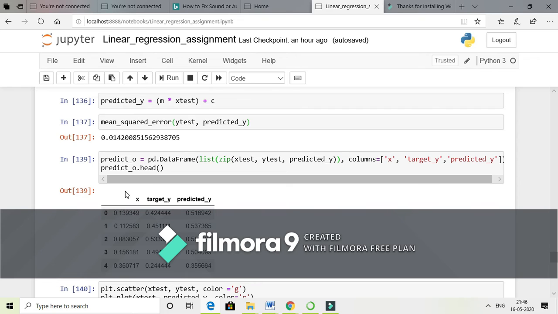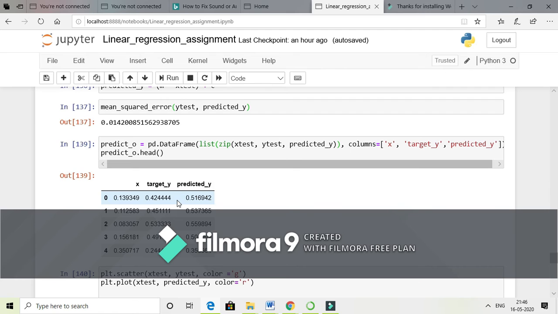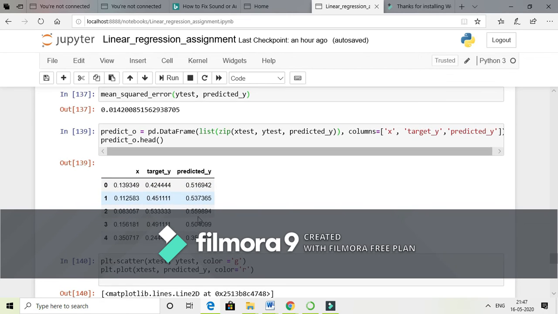These are nothing but the LSTAT values, the actual target and the predicted target values. So as you can see, as X decreases, target as expected increases. So that remains true.